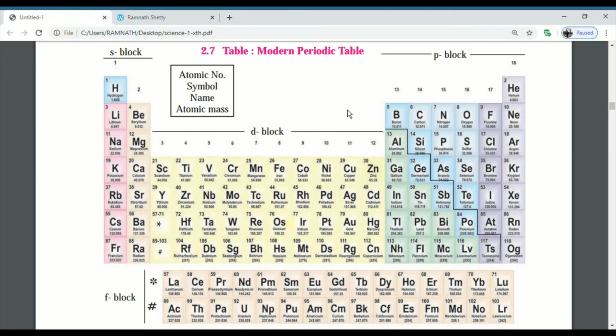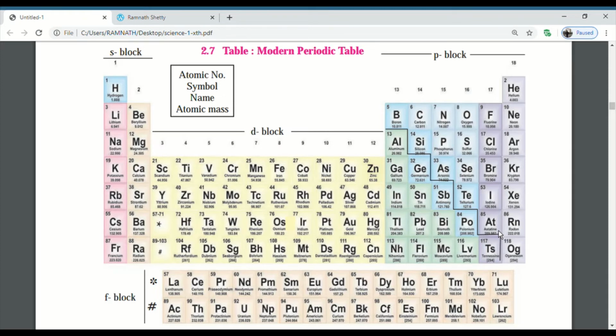Another important point of the modern periodic table that everybody should know is this specific line, as you can see here, which is in the form of steps. This line is an imaginary line. We call this the zigzag line. Now obviously it is zigzag because it looks zigzag. Now what is the speciality of this line is that if you look at the elements which are on either side of this line, you will find that